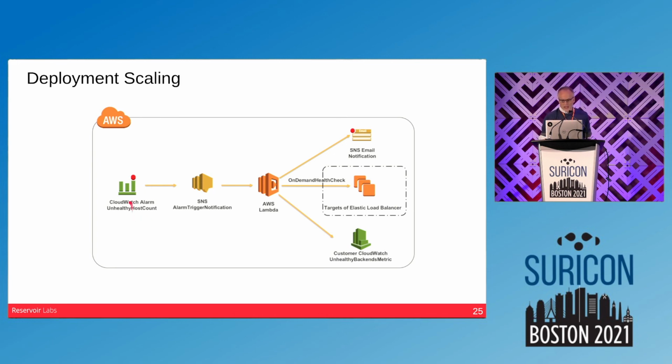You can configure this alarm to send an SNS notification, which goes through the publisher and publishes that in a topic. You can then configure an AWS Lambda function to read from that topic, and in this function, that's where you can add the logic to launch a new Suricata instance that you would then register in that